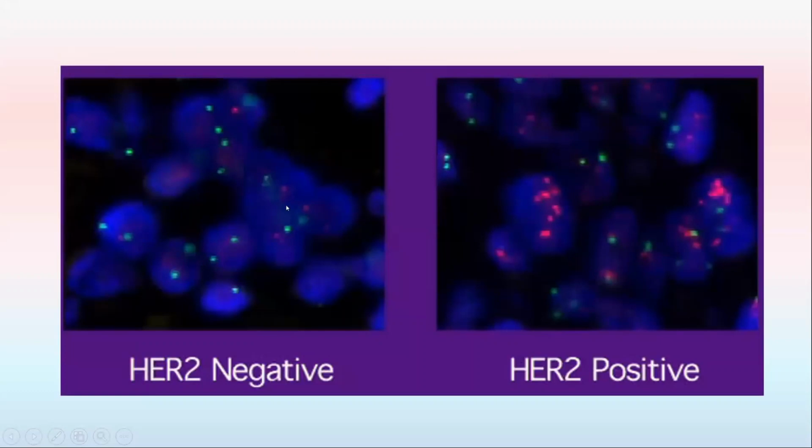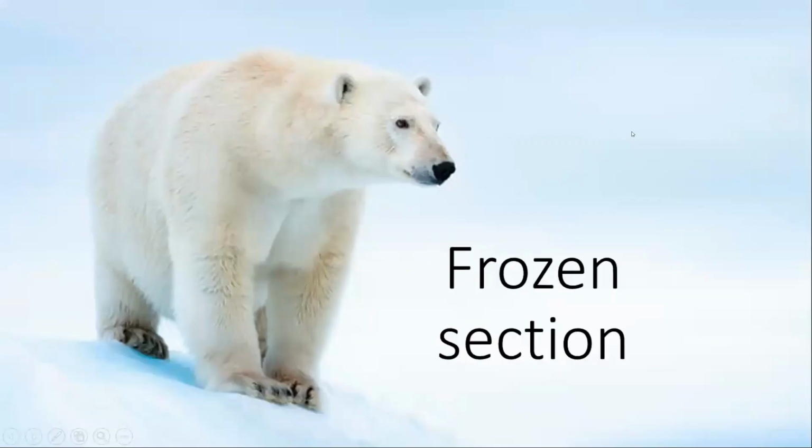So we use this in breast cancer, whereby we look at whether the HER2 is amplified or not. In this case, you get to see them. They are the normal ones, not amplified. They have 2 copies per cell. But here, some of the tumor cells already have multiple copies. So based on this, the tumor is HER2 positive. So this patient is a good candidate for Herceptin treatment.